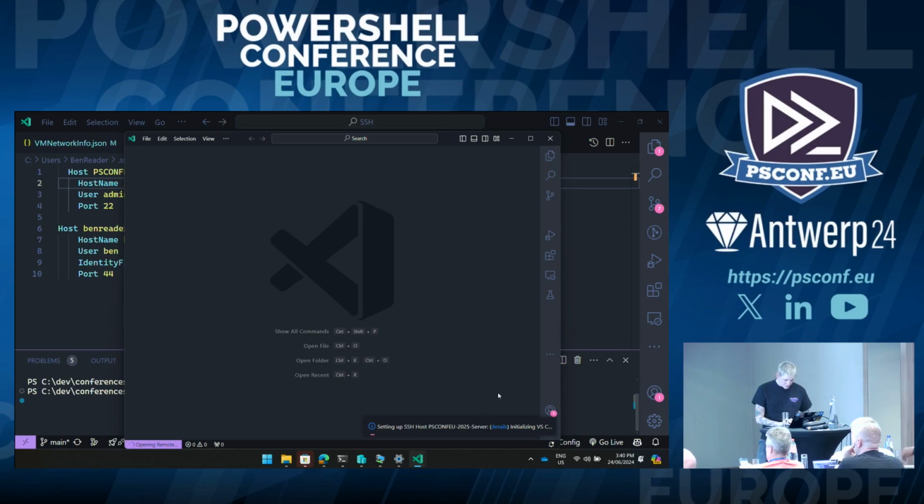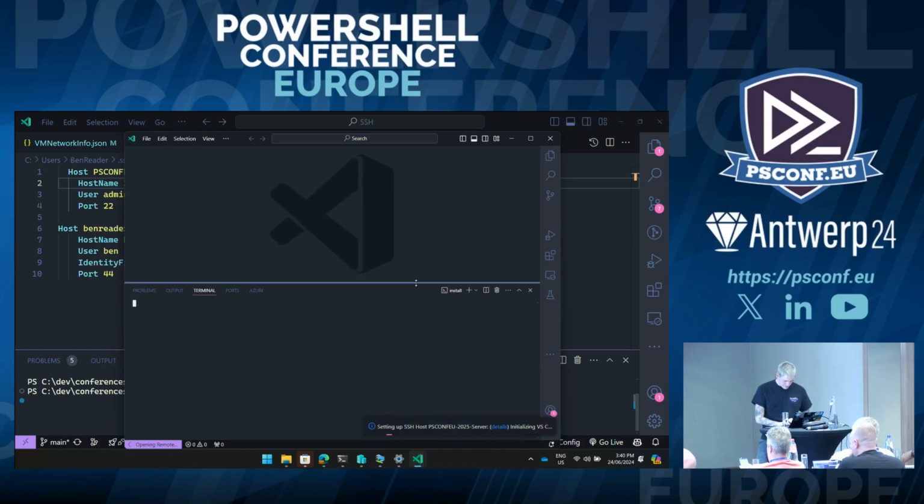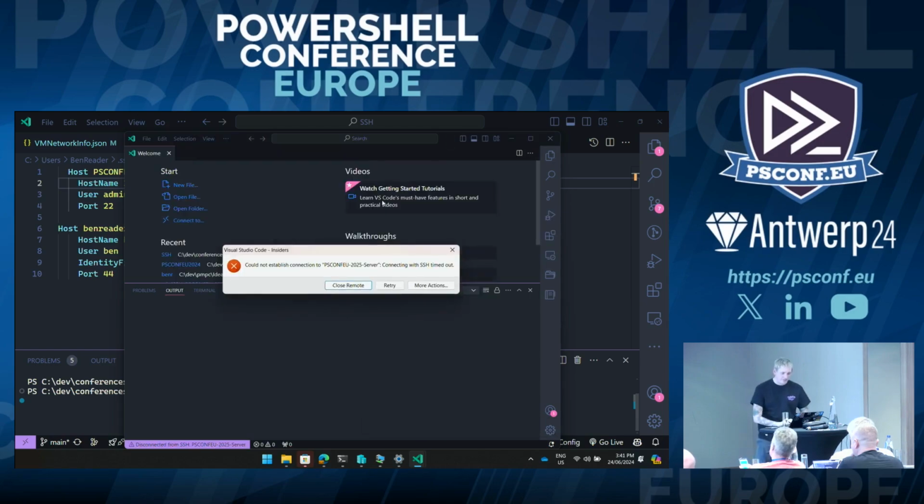I guarantee this won't work. That's how much faith I have in demo environments. Just give this a second. Yeah, no, see, I haven't done that yet. And that's generally how all demos work.